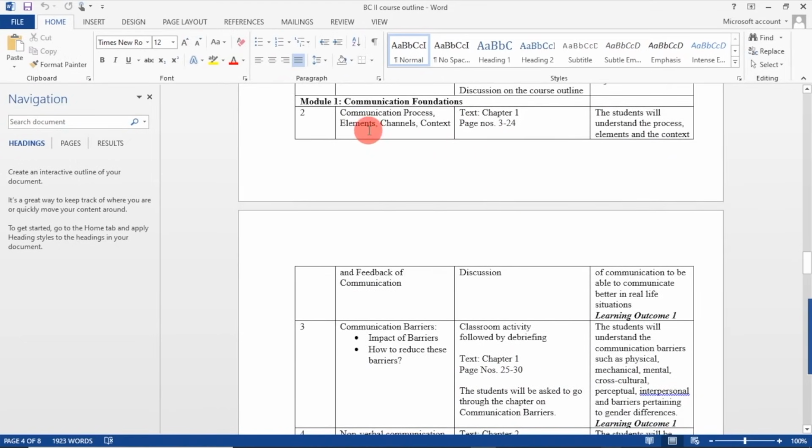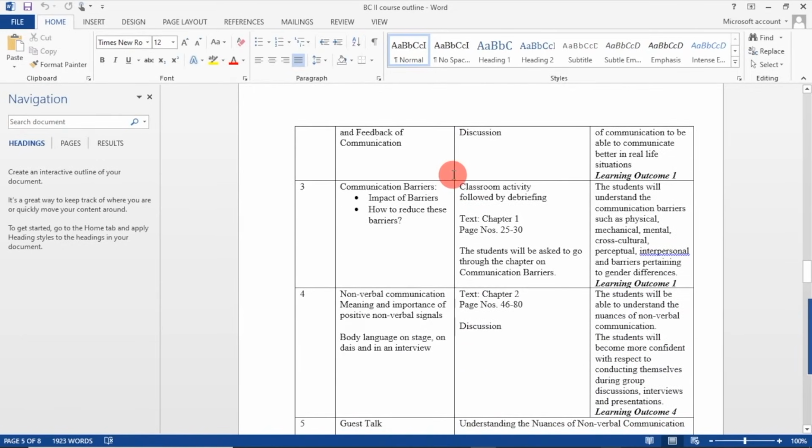Now, it is very important that when you're talking of the different topics, you must also tell where the content is for that particular topic, because there are some institutions which also give book kits to the students, or if you are asking the student to refer a book in the library, then you should be giving a clear instruction to your student of which pages are important as far as this topic is concerned.